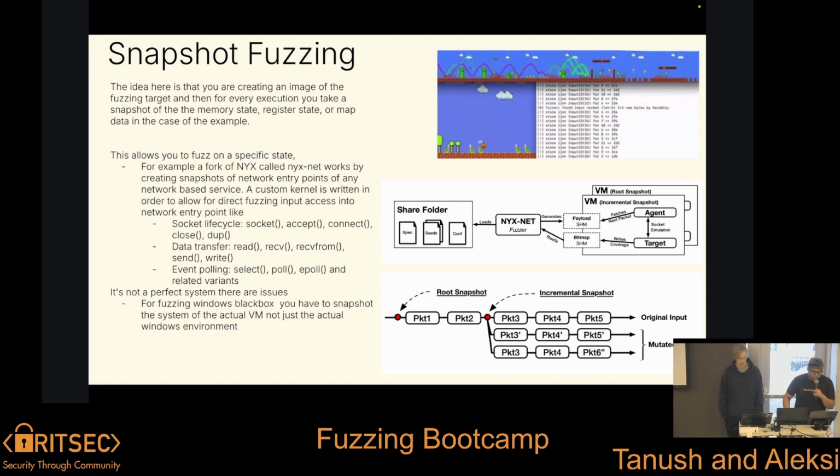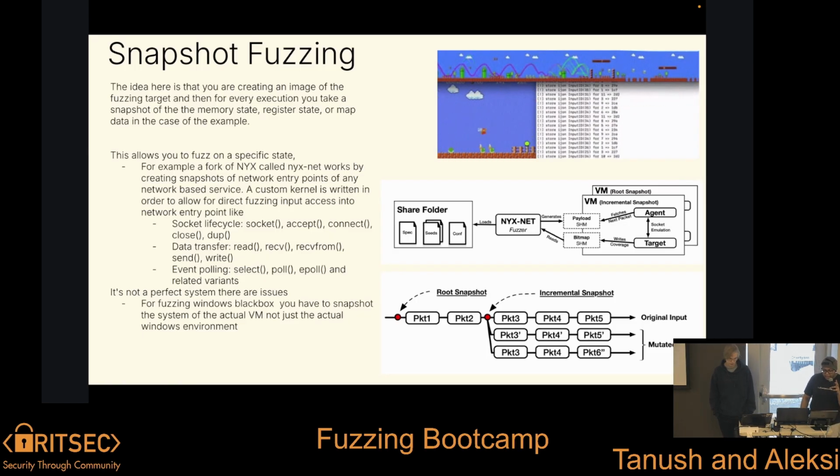And as you can see, it allows you to play literally Mario. You can fuzz Mario into existence and play the entire game of Mario by trying to calculate all the states. And you can define what a new interesting value is. And in this case, it's Mario moving forward and not dying, right? This isn't perfect. There are issues with this, but it's a really efficient system for fuzzing complicated targets in two ways.